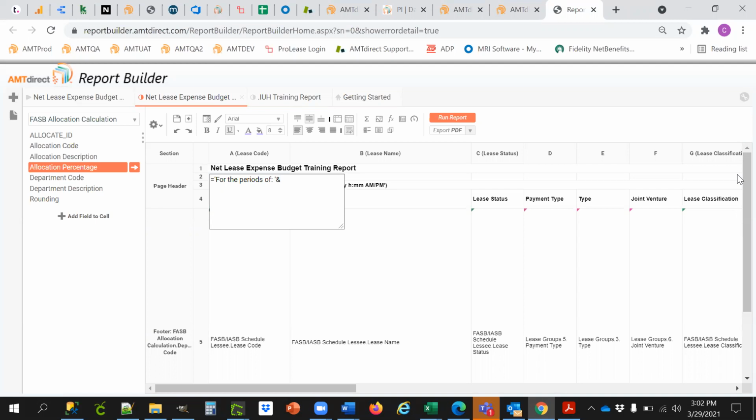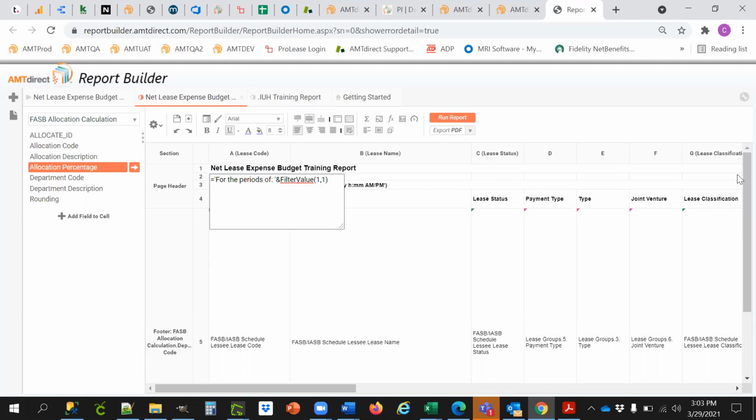That's telling the report, okay, take this text and concatenate it. Now, what do I want to concatenate it with? I want to concatenate it with my filter value 1,1. So I'm going to type filter value 1,1. Now, the reason why it's 1,1 is because it's an 'is between' filter. So it has two values. It is the first filter in my filters. It has two values. I want this to display the first value, and then I want it to display the